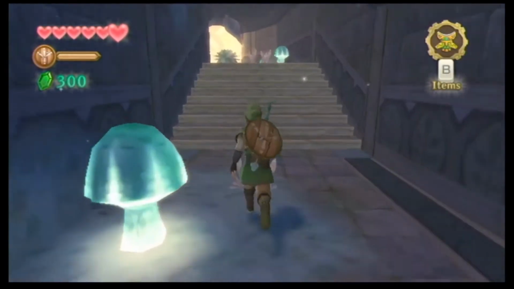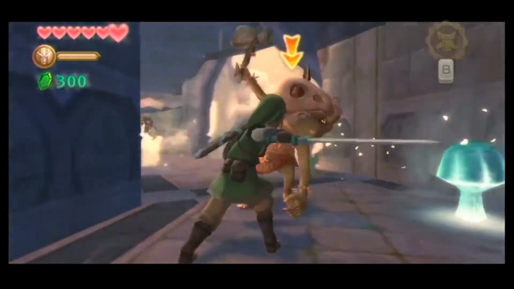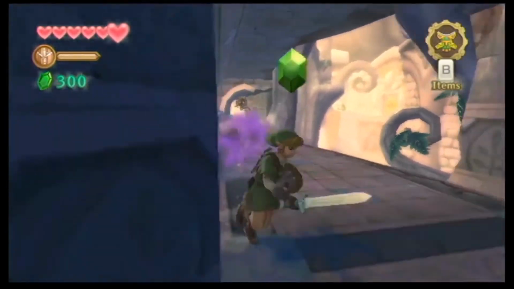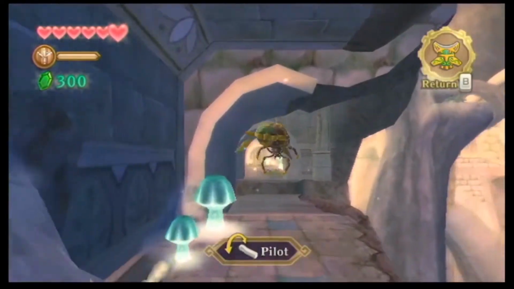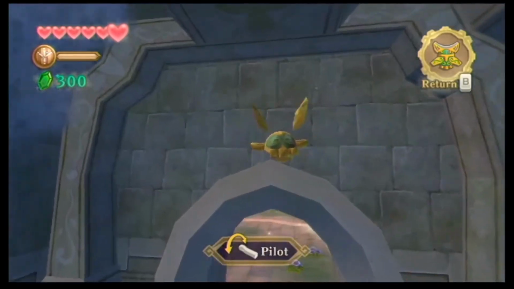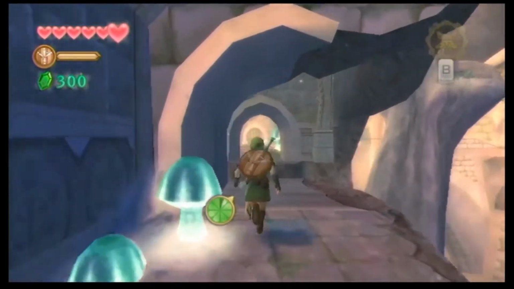Again, a lot of enemies in this game are repeated in other areas, so just get used to all the enemy variety. I think the only enemy that really doesn't leave this area is the Skulltulas, which makes sense. They're really mostly a forest type monster. We can defeat that Skulltula by just taking out its